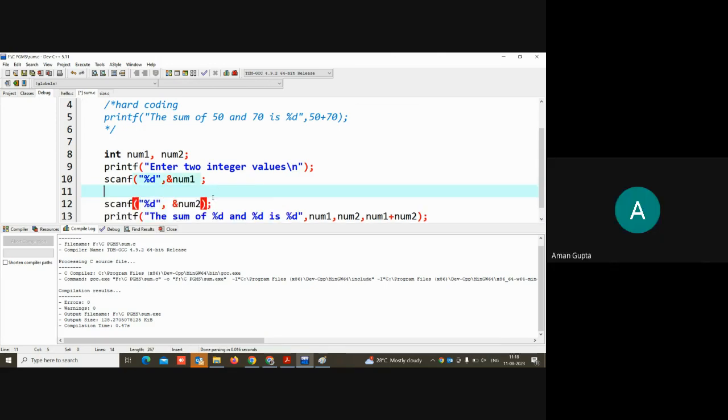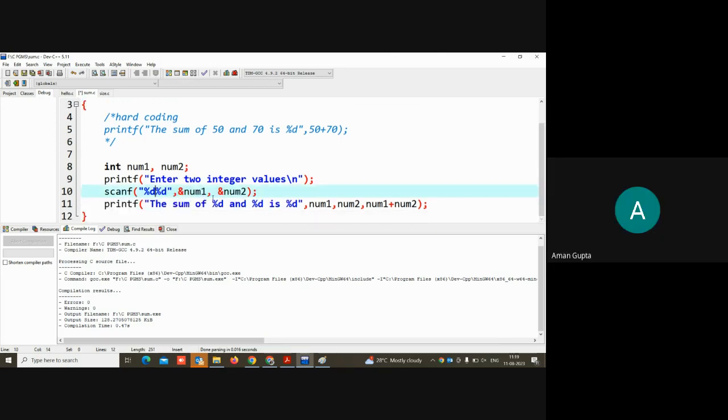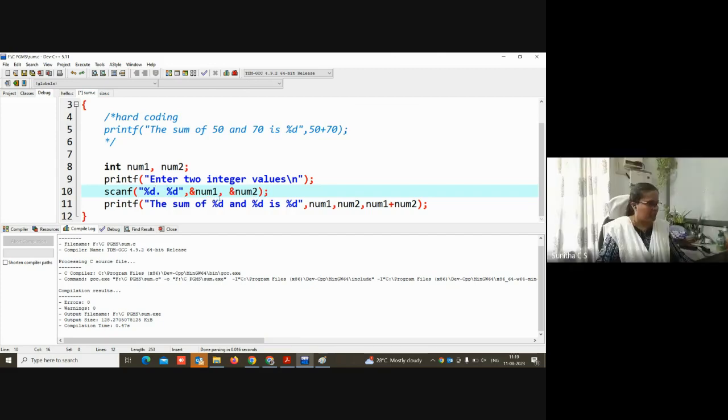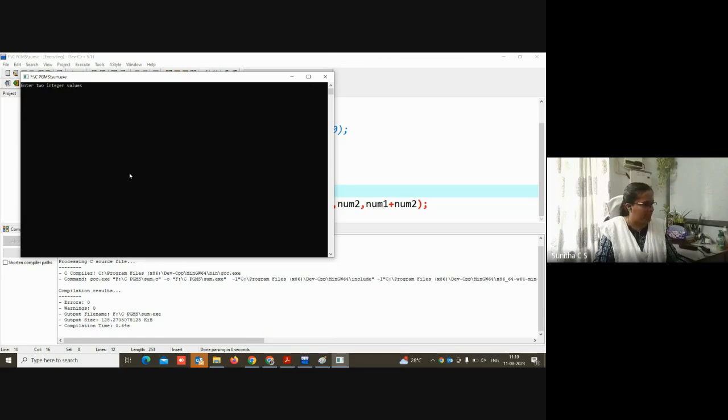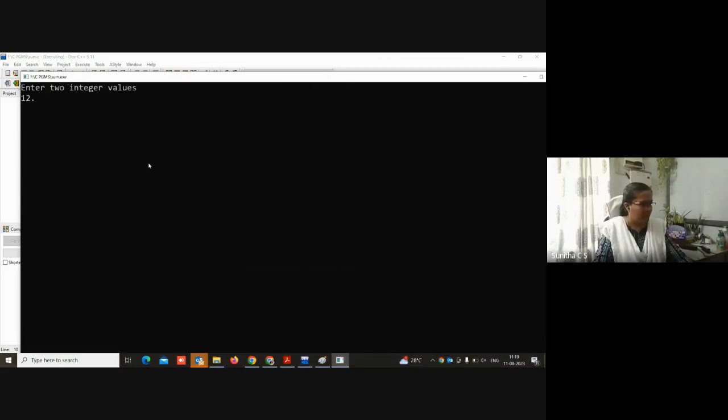Yeah, okay. So he gave it like this, dot and space. So here dot as well as space are taken as delimiters. Wherever you find a dot, it will delimit, and wherever you find a space, it will delimit. So when we executed this, we gave the value as 12.6 space 67.